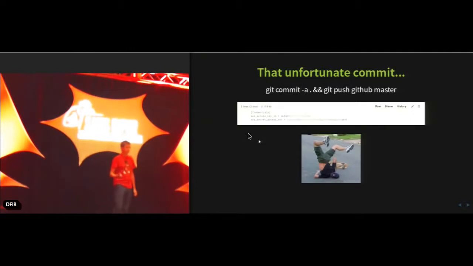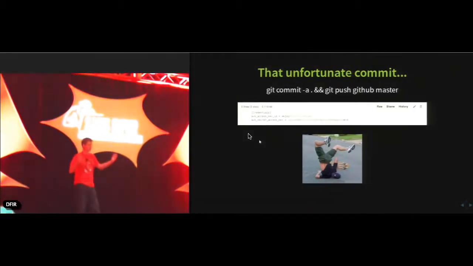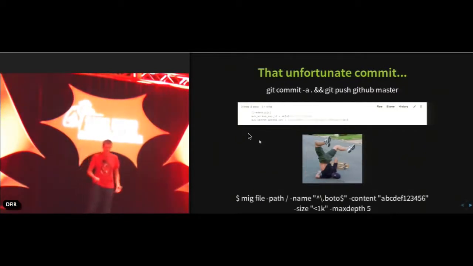And it's hard to do, because we have tons of applications, and one might be using a key from that particular set of credentials, and we don't know where it is or when it was used, and we're going to revoke it, and the application will break, and a bunch of the infrastructure will go red, and everybody will freak out. So this is when we use MIG, and with MIG, we run that kind of command that will look